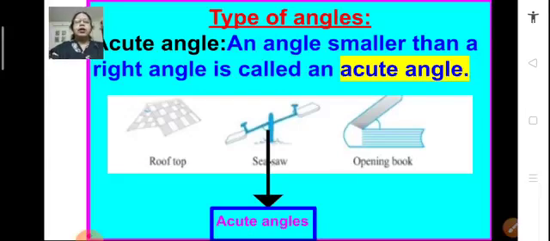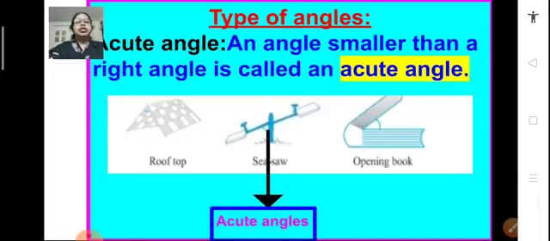Children, we have learned what are right angles, that means 90-degree angles, what are straight angles, that means 180-degree angles, and what are complete angles, that means 360-degree angles. But all the angles are not of the measure 90 degrees, 180 degrees or 360 degrees. The angles may be less than or more than a right angle. Okay, that means they can measure less than 90 degrees or more than 90 degrees, or they can be less than 180 degrees or a straight angle, or it can be more. Okay, so we have different types of angles based on this. So, let us first learn about the acute angle.